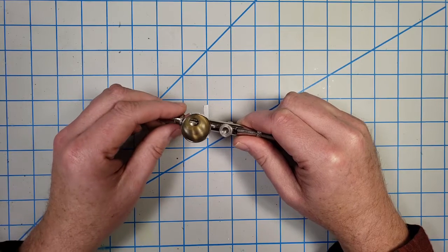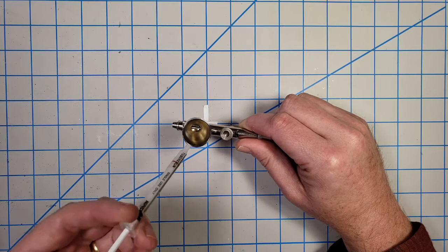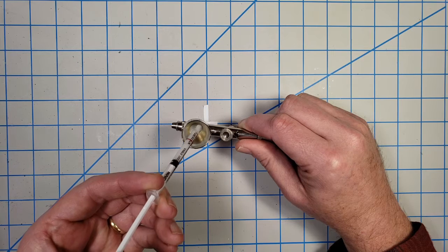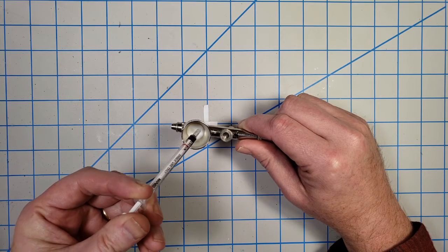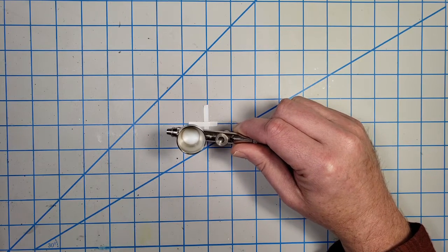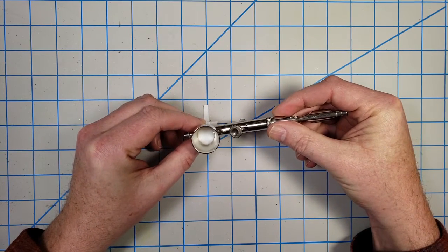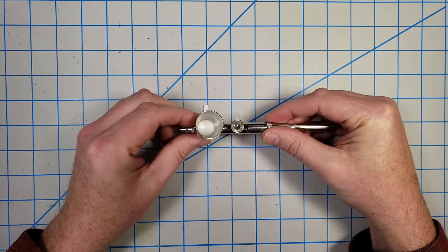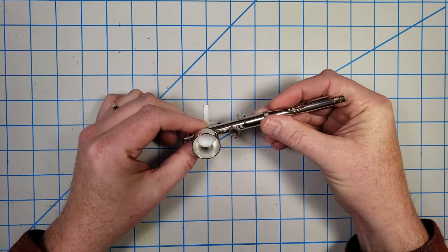And the best way to know what it should look like is to get some 2% milk. And that's what I have in this little syringe. And I'm going to put some milk in my airbrush. There. Don't worry, no cows were harmed in the making of this. Now, when you get that milk in the airbrush, take a minute to move it around like that to see how it looks,